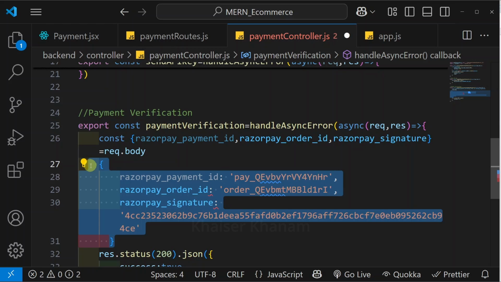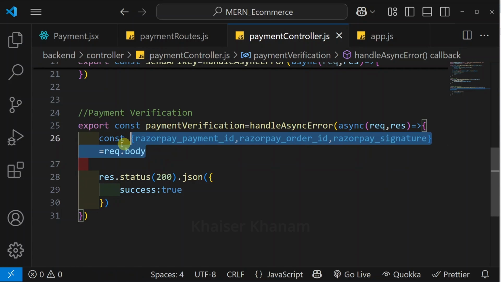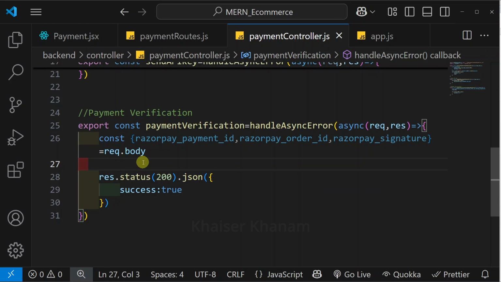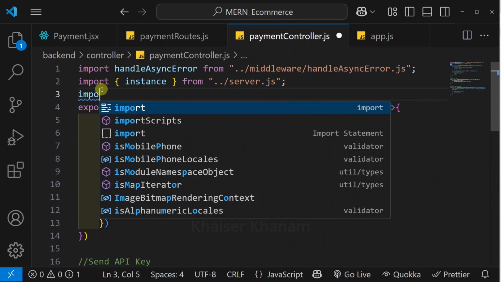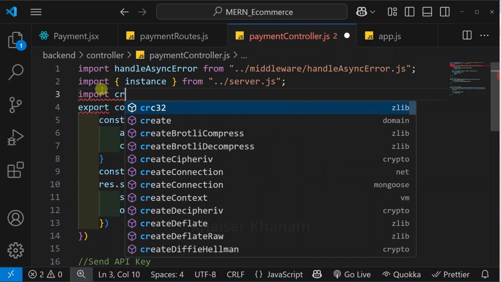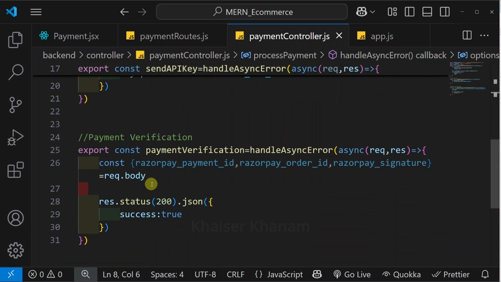So once our payment is successful, entire data we are going to get. So directly that data we are going to destructure from request.body. Now what we have to do to verify our payment is successful or not, we are going to create verification string. For that, first I'm just going to import crypto package, import crypto from this crypto package, and inside this